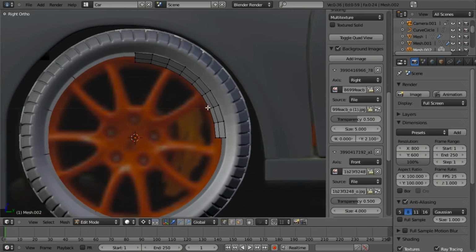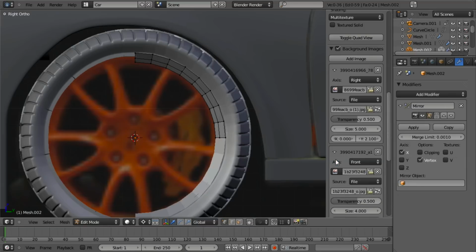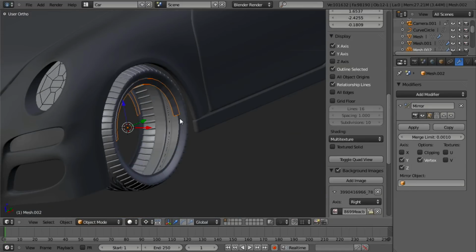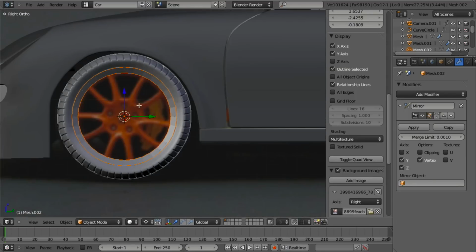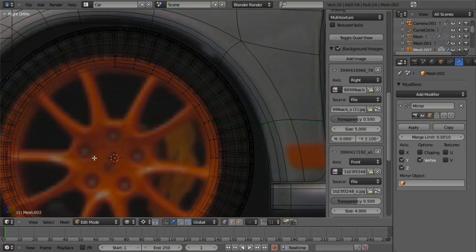vertices, because what we then want to do is add a mirror modifier, like so, and we're going to mirror it along the y-axis and the z-axis, and not the x, in which case we also need to hit Tab to go out of edit mode, Control A, and apply the rotation. So now we can just create a perfect 1/4 of this to then be mirrored across those